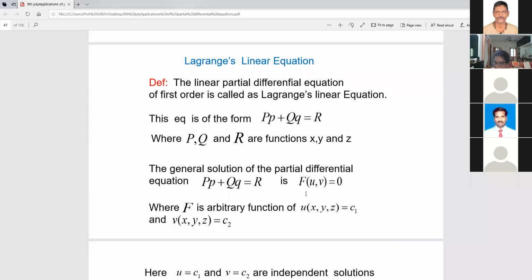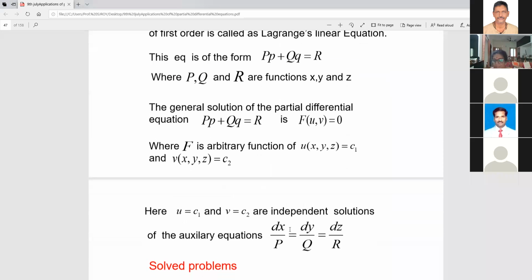That means you are getting f as a function of u, which is one surface, and this is also another integral surface. So if you see the theory, if I write this equation as capital P into small p plus capital Q into small q minus R equal to 0, if you consider the solution z equal to f of x, y and pick up this normal and the directional derivative, everything, you can directly see this comes as one auxiliary equation: dx by P, dy by Q, and dz by R. So if you just keep this in mind, from this equation we can easily solve.